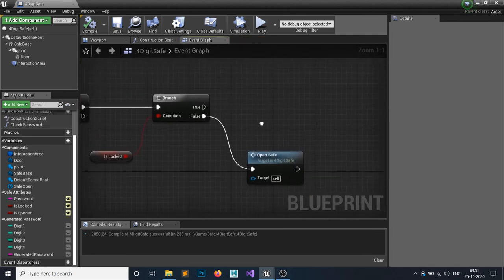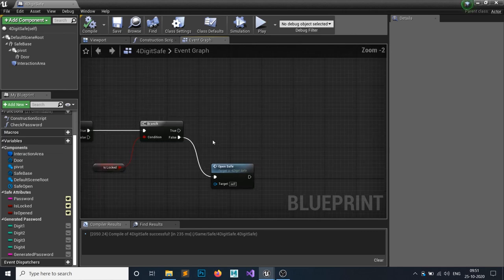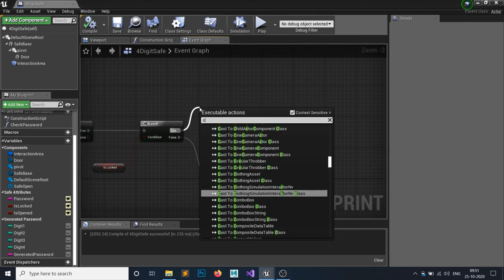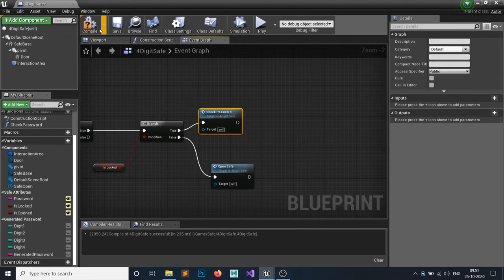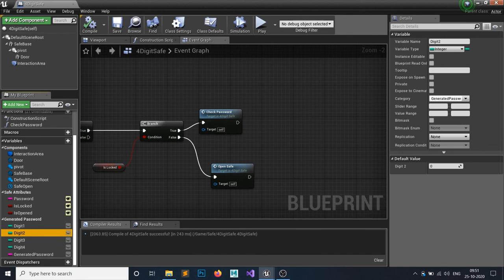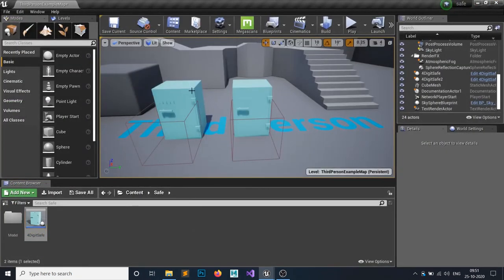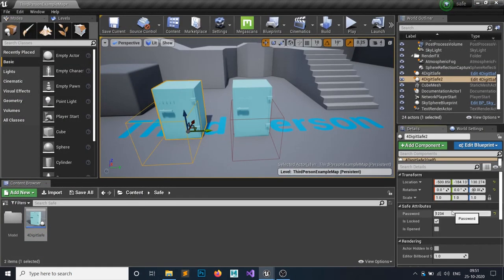So whenever we grab this one, we want to simply check our password. By default the values are 0000. So let's set this value to 0000 because our digit value is 0000.